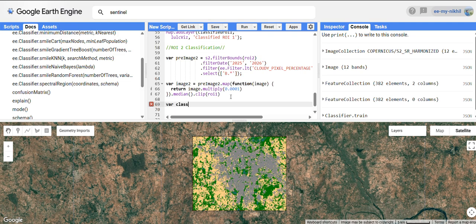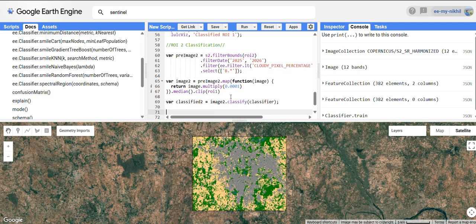So create a variable called classified, ROI classified 2, and you have your image 2 which you want to classify. Just click on the function classify and give this classifier. That's it, the classification is done. Add this to the layer with the help of Map.addLayer